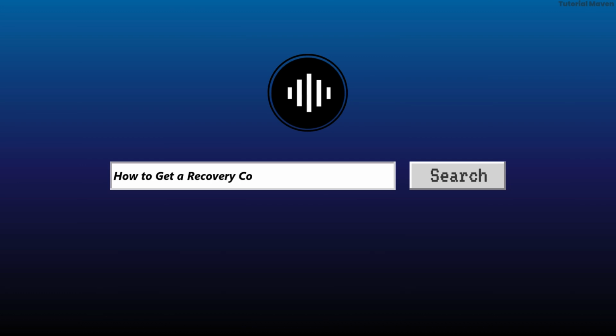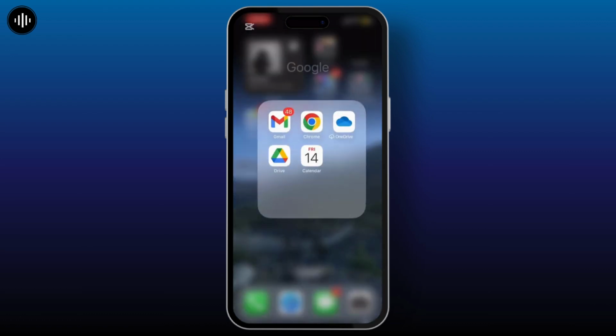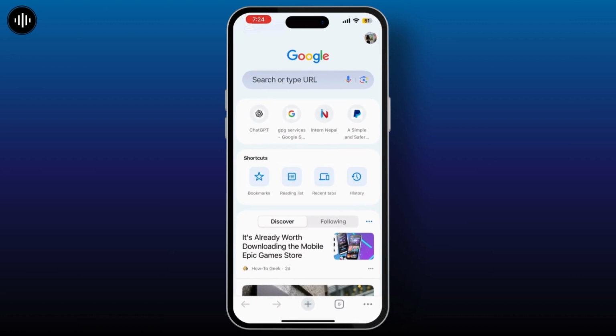How to get a recovery code for your Microsoft account. In today's tutorial, I'll show you how to get a recovery code for your Microsoft account. This recovery code is super important if you ever get logged out. So let's get started. First, open your preferred web browser and go to